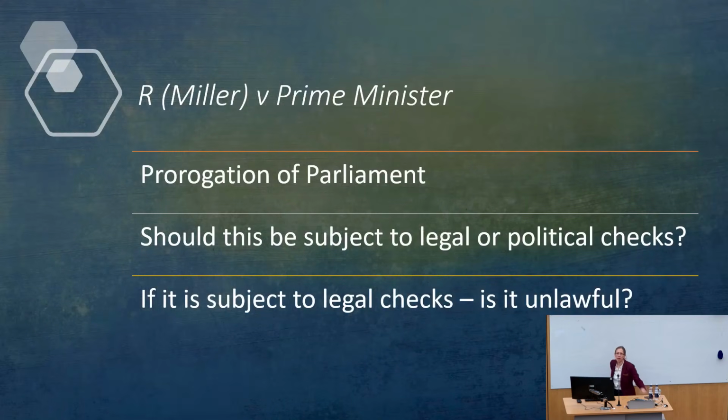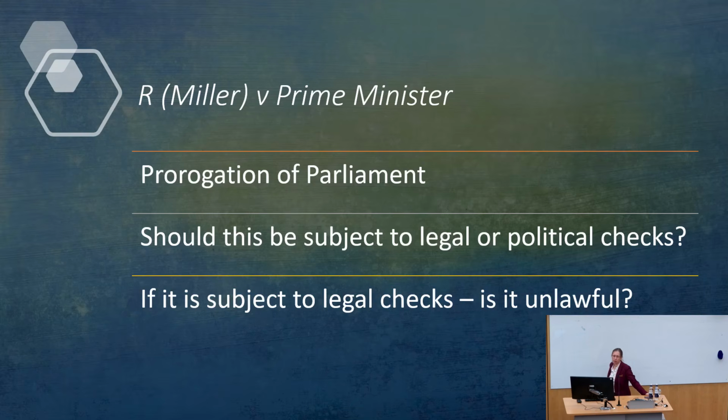So I want to explain a little bit about this case and what it tells us about the UK Constitution and what's going on at the moment. Now, there's a joke in constitutional law. If you study law, and I hope you do, because it's a great subject, the joke is, if you're in an exam and you want to make an argument, but you don't know a case, just put Miller down, because it will be authority for everything. Just put Miller, you'll be fine. It tells you everything you need to know about the UK Constitution. So what was going on in Miller?